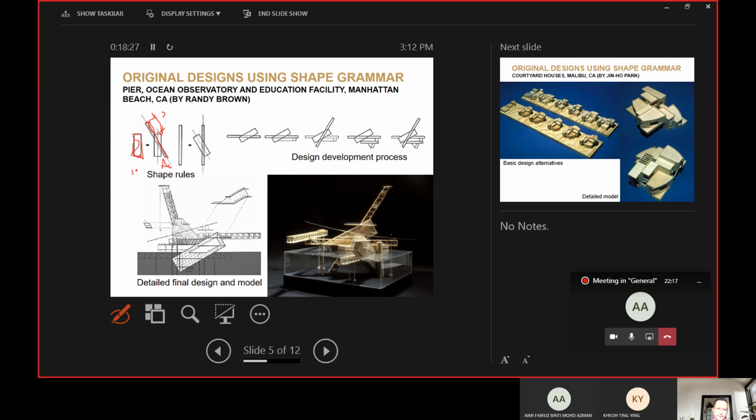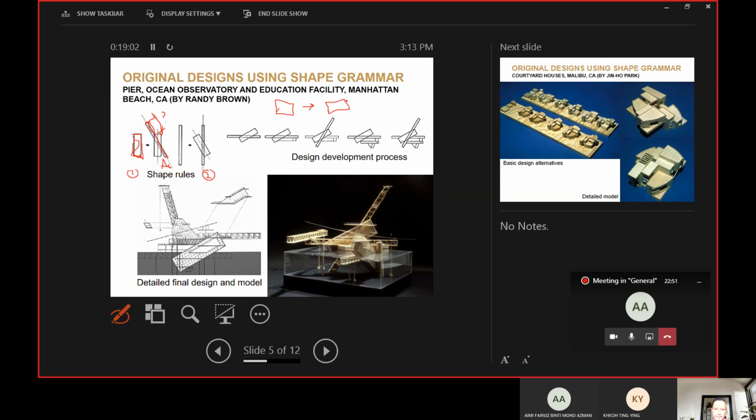The second rule, okay, because in this project, basically there are only two different shapes in the design. Normally when you have two different shapes, you need to have at least two different rules, right? If you only have one rule, then it won't go anywhere, right? So I hope you still remember last time I mentioned, right? If let's say you have this object, and then